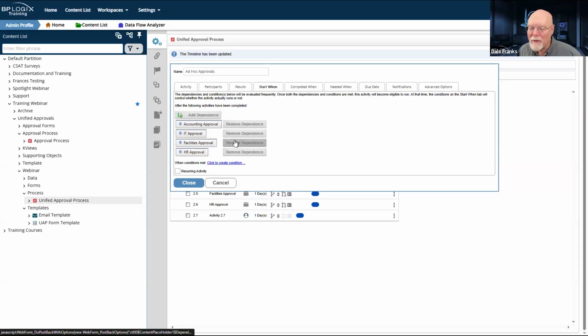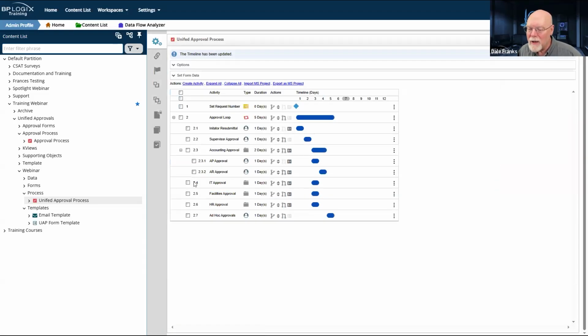So all of those have to be done before activity 2.7 can begin. So if I click on it now, you can see it is dependent on accounting, IT, facilities, and HR approvals. So they all have to be done before my ad hoc approvals can start.